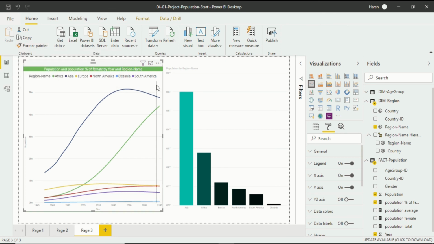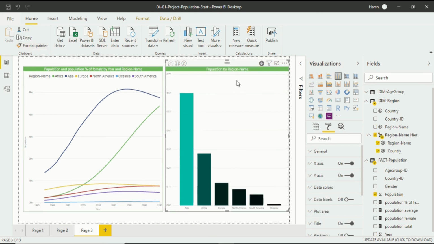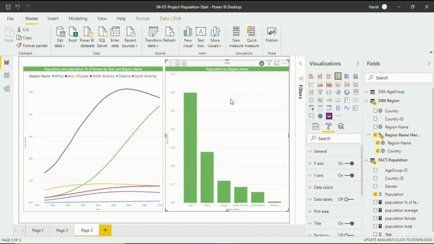So for that, I have already followed my first step. After that, I will click on the Format Painter, and after that I will click on this. The cursor is now a brush. I will click on it. Now you can see the changes in your chart. Now we have covered most of the things about formatting.